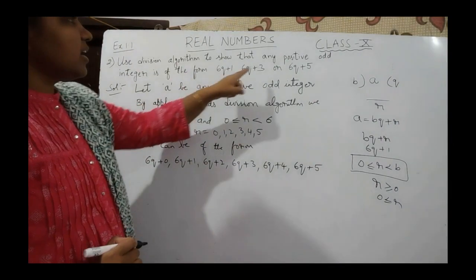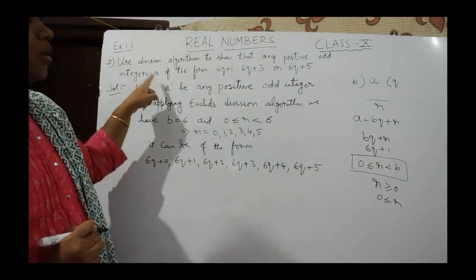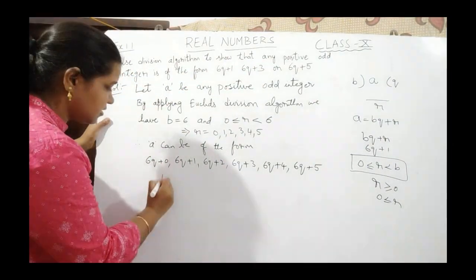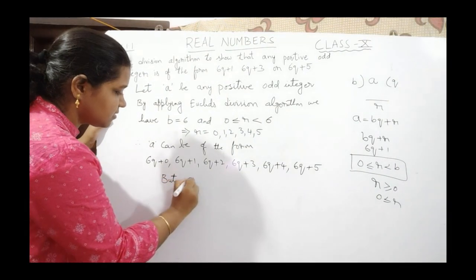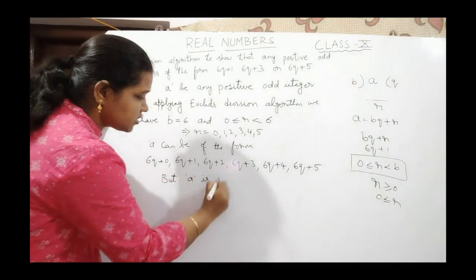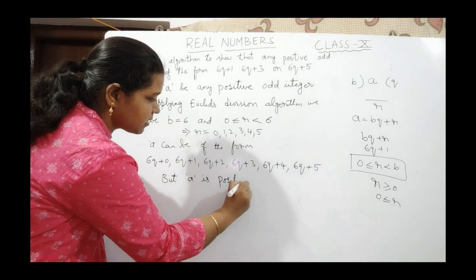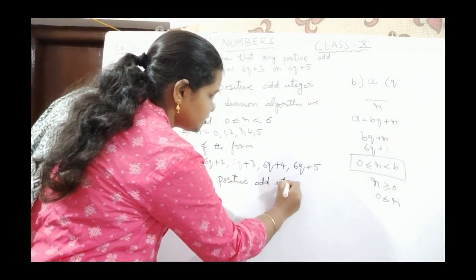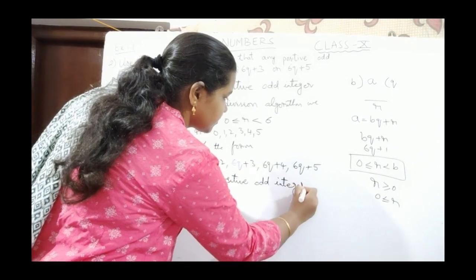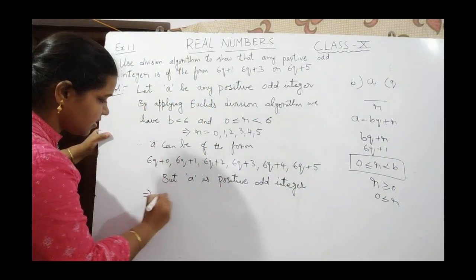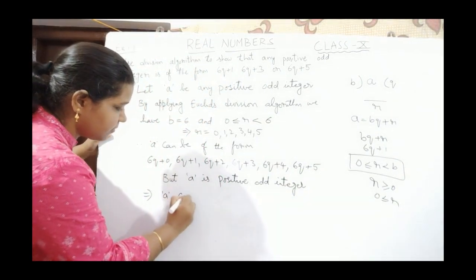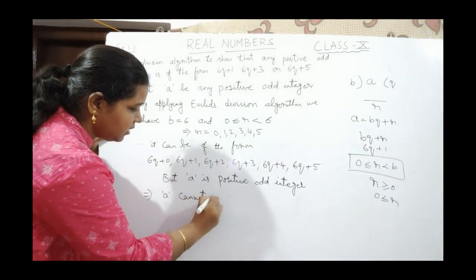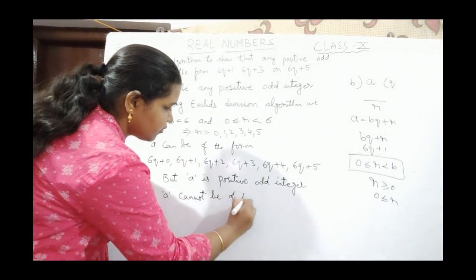But what is a here? a is a positive odd integer. Which implies a cannot be of the form